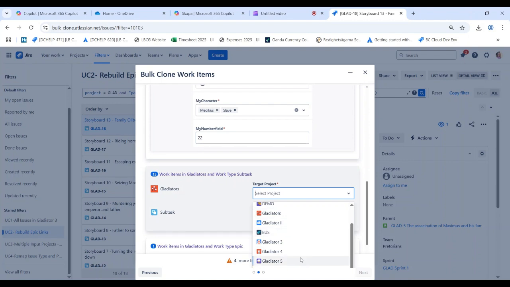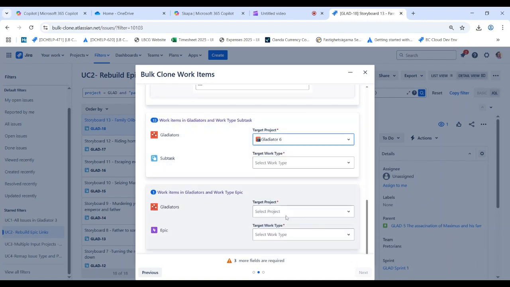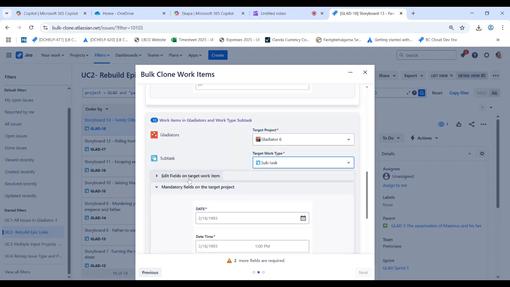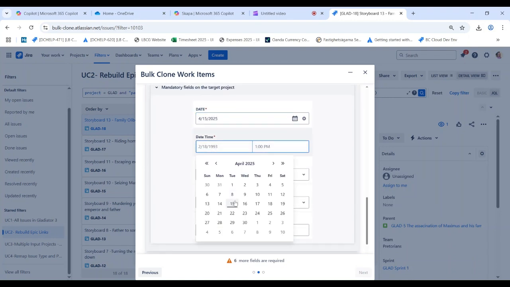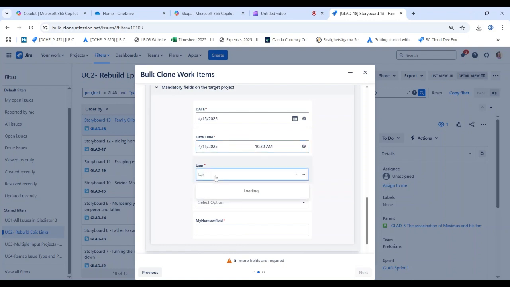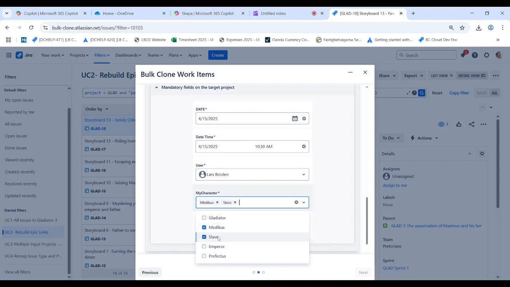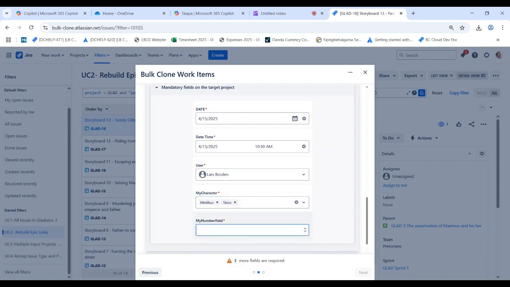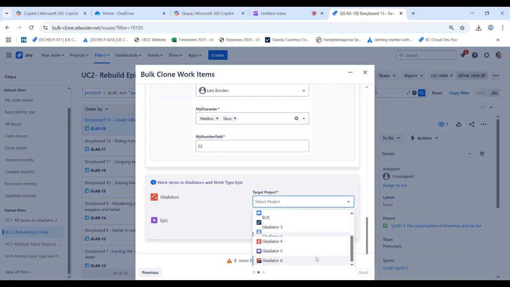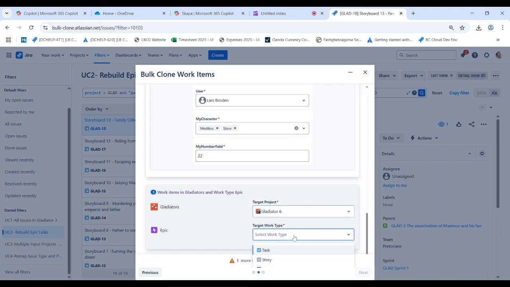So we go quickly through the rest of the mapping. I choose subtasks, the same issue types here. I don't bother with the target fields here, just set the mandatory fields so we can proceed with the cloning. And I'll choose myself as a user again. I have these values and I insert these things, and then we come to the last issue type here,